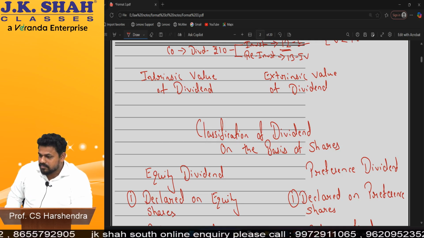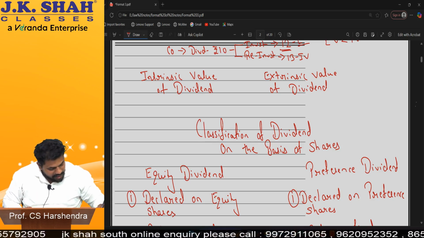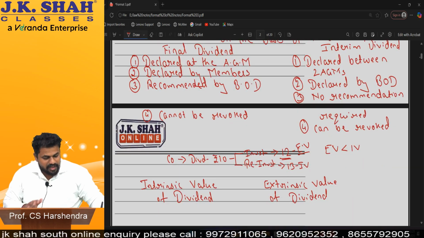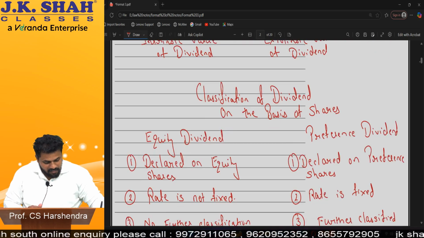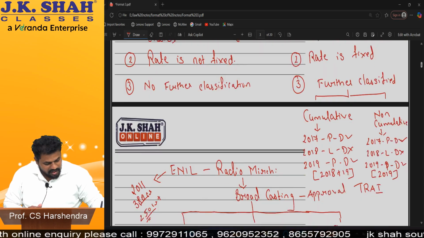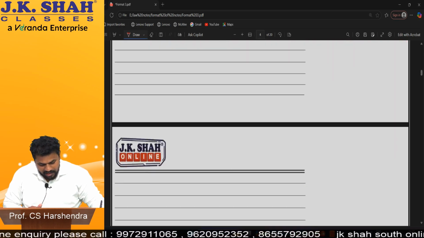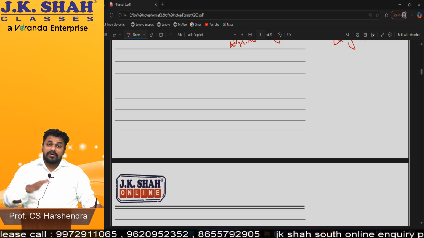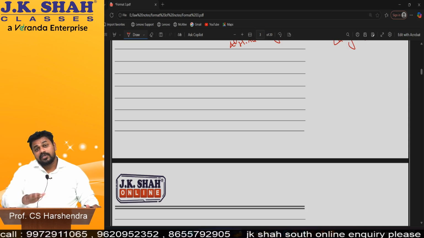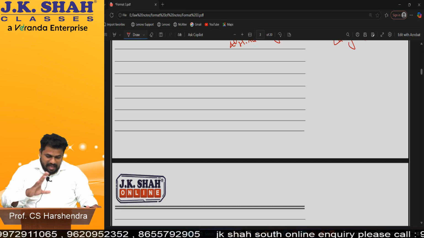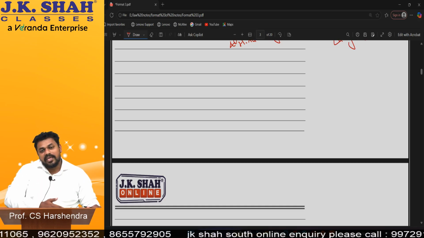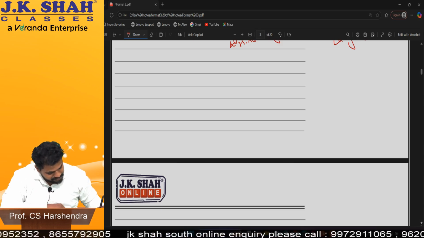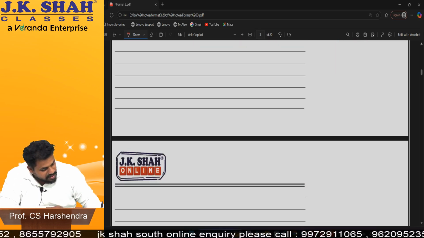Done? Okay. Now we have finished the introduction of this lesson. I hope everyone understood the introduction. Now we are going to start with the law, where the law comes into picture. On the first page of this lesson, in relation to interim dividend, many things are written. I have not told you now, because as and when I keep on explaining the sections, you'll understand it. Okay, let's start. The first big section